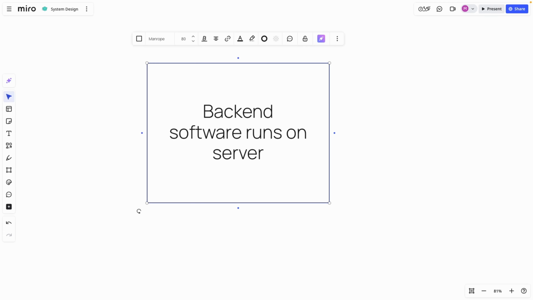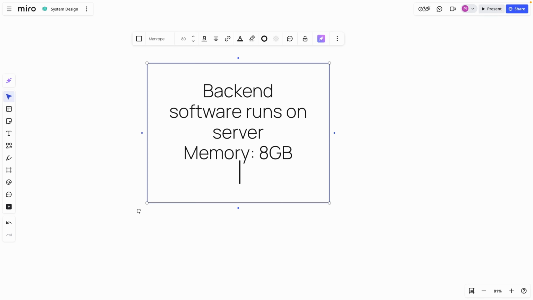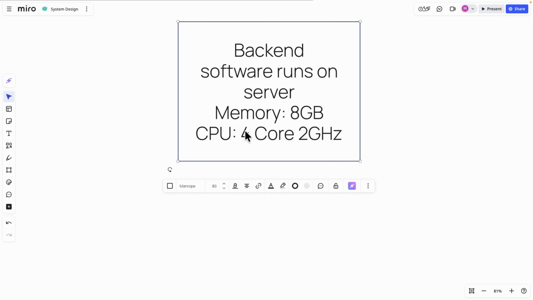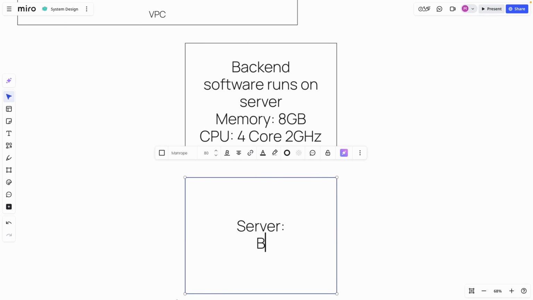So it can have, like any computer, memory, maybe, I don't know, 8 gigabytes of RAM, and a CPU, maybe 4 cores and 2 gigahertz, like this. But what is exactly this software? I can tell you, in the past I used to create software and deploy it like this. It was basically a computer or a server, and on the server we used to have a backend app,